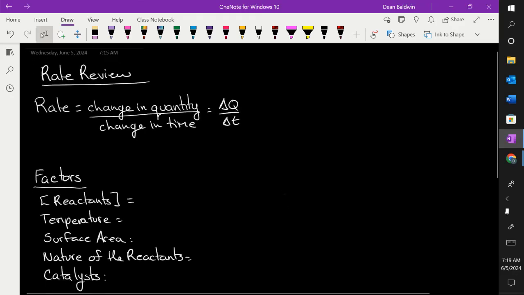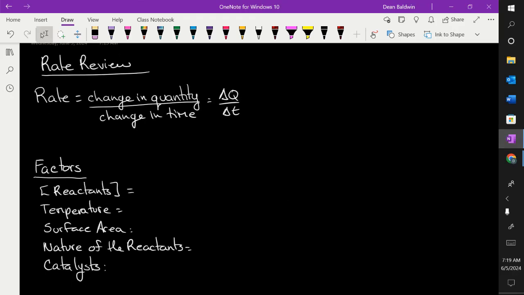Just a quick little review on rates, reaction rates. So a rate is change in quantity divided by change in time, which we abbreviate delta Q over delta T. A lot of different things that we can use to measure the change in quantity. So it could be how the temperature changes over time. It could be the color change,